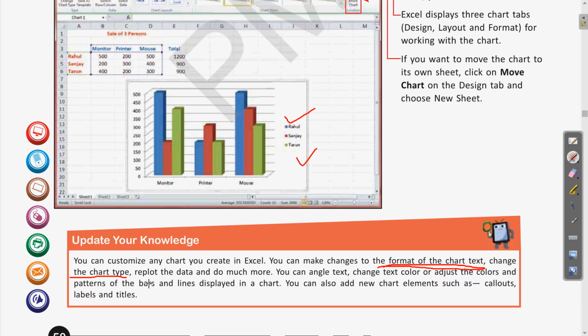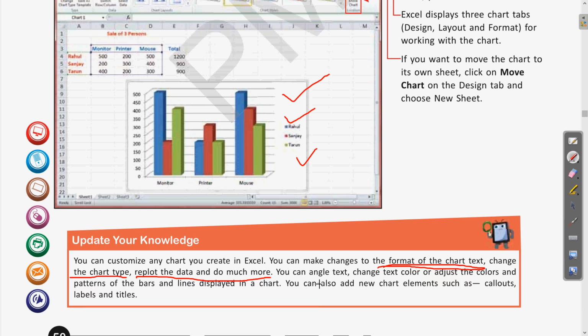Then replot the data and do much more. So in case you have selected 3 values or 3 items and you want to increase the items in this chart, to include 4 or 5, or you want to see only 2 at a time, this will be called replotting the chart. So we can replot the chart.